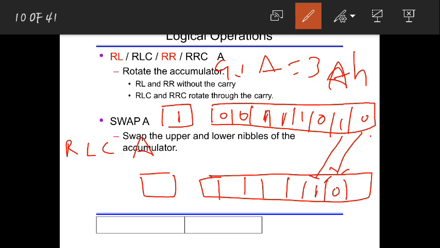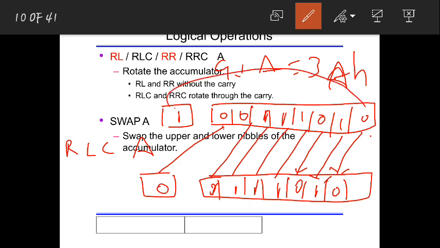Okay, 1 here. Next this is 0. This will come here. Next here you will get 1. Next here it will move towards left. Next this will come into this bit. Next here 0. Okay, and now this 0, already carry was 1 here. So now this 0 will move into carry, and this carry, whatever it was, will move to this bit, right? So this will directly come here, 1.